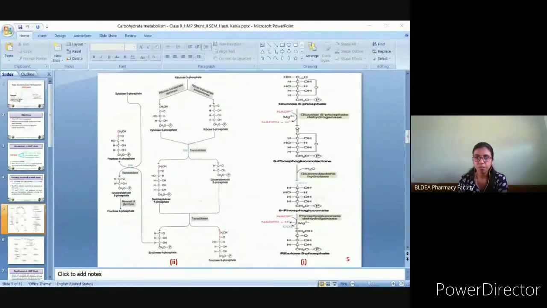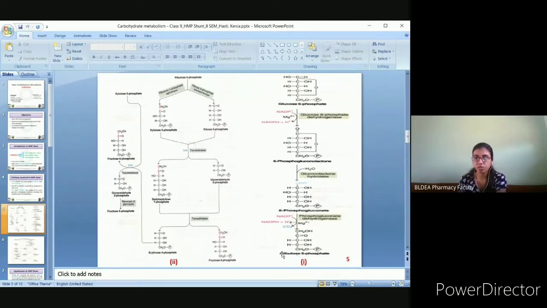Okay. Then 6-phosphogluconate undergoes a second oxidation reaction in the presence of the enzyme phosphogluconate dehydrogenase. Again, dehydrogenase, that is, it removes hydrogen atoms, resulting in the synthesis of ribulose 5-phosphate. You can see in the first three steps there are 6 carbon atoms, but suddenly there is formation of a 5 carbon compound along with removal of carbon dioxide and removal of hydrogens. Now, these hydrogens are accepted by NADP+. This undergoes reduction to NADPH.